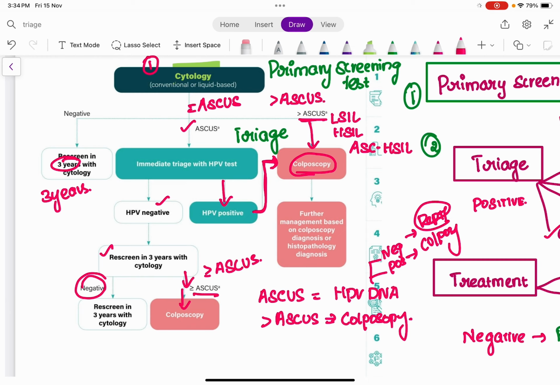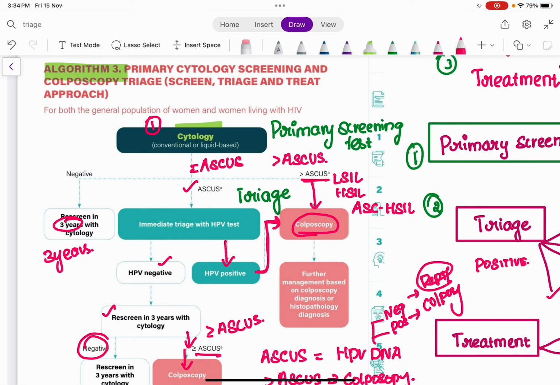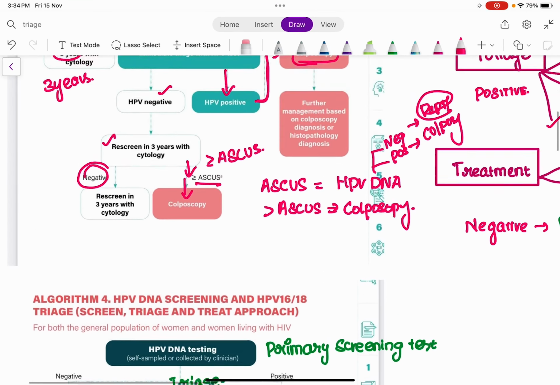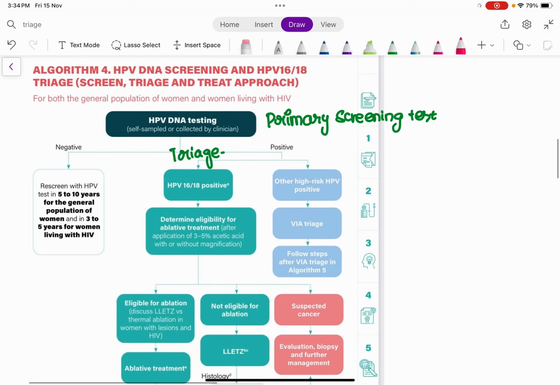Is that clear? Yes. And based on the reports of colposcopy and the histopathological diagnosis, you are going to manage the patient. So this is algorithm 3 of the WHO screen-and-treat approach. Good. So please take a screenshot so that it will be much easier for you to revise for your exams. Right? Okay. So in algorithm 4,